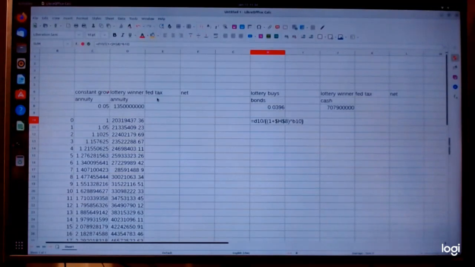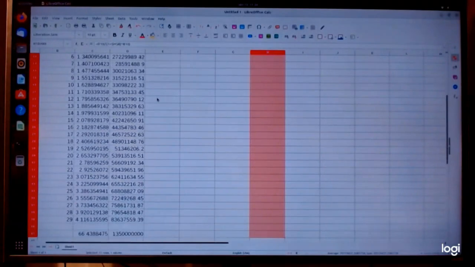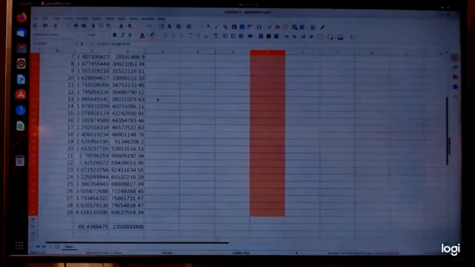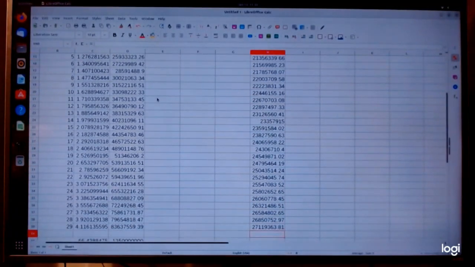B10. Okay, then we got our first payment. Let's copy this and let's fill out our,